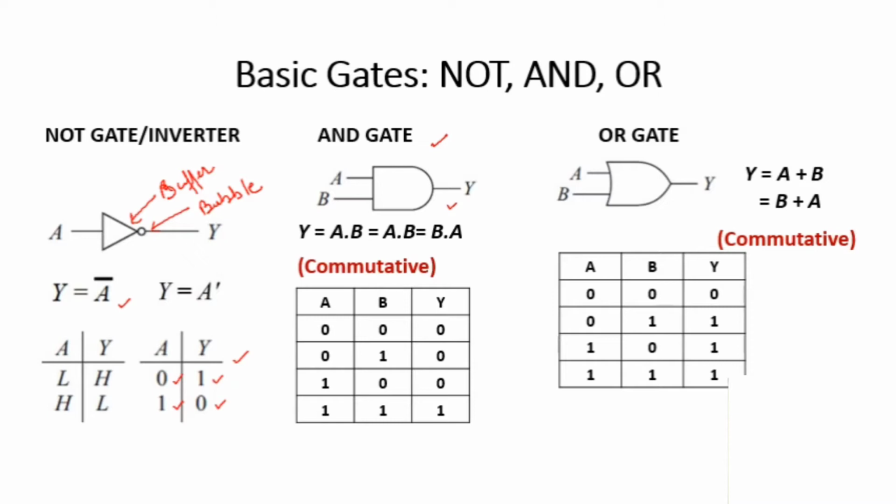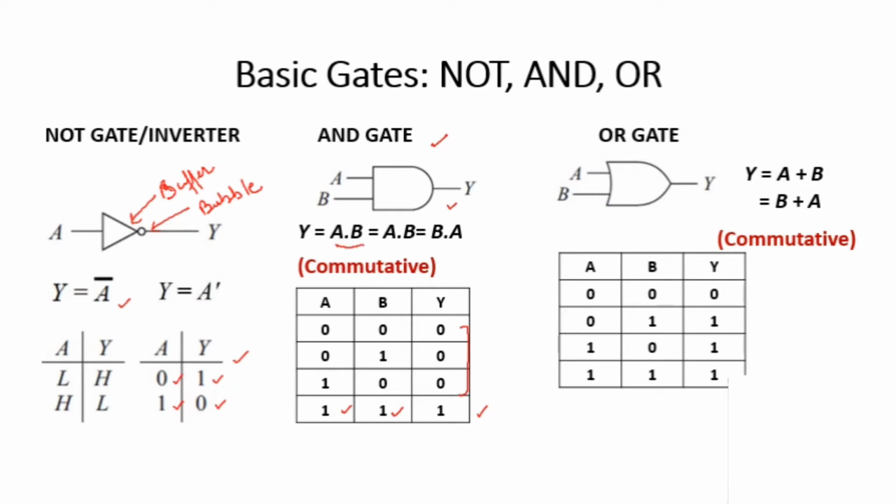So in this truth table we can see that when A is equal to 1 and B is equal to 1, only in this case I am getting a high output. In all other three cases, I am getting a 0 output. So this is an AND gate, and the expression for the AND gate is the product of the inputs. That means A dot B.